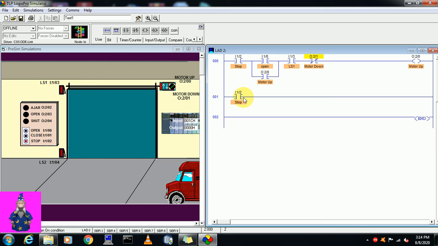Along with it, I will place the close push button, and its address is I1/1, and its name is close.